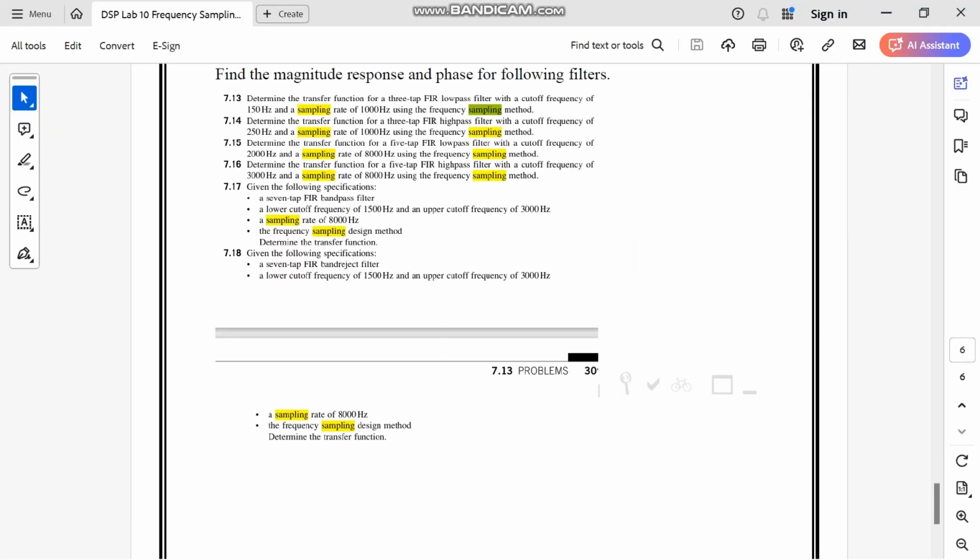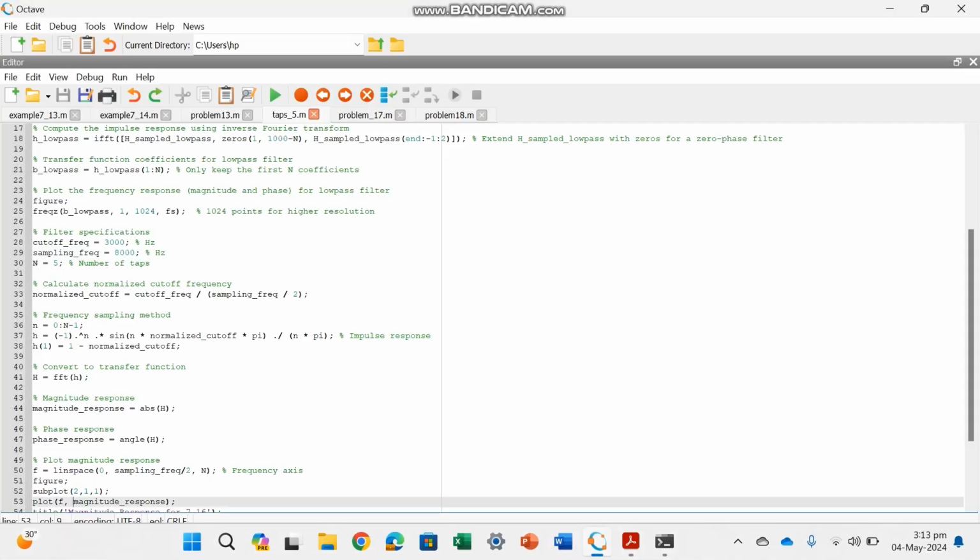Now we have problem 7.17, that is a 7-tap FIR bandpass filter. The lower cutoff frequency is 1500 Hz and the upper cutoff is 3000 Hz. The sampling rate is 8000 Hz and we have to design the filter using the frequency sampling design method. So for the output,